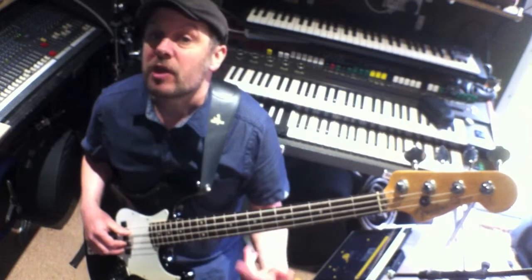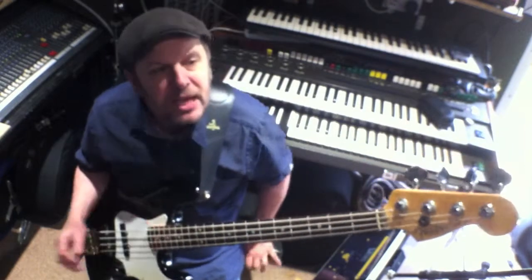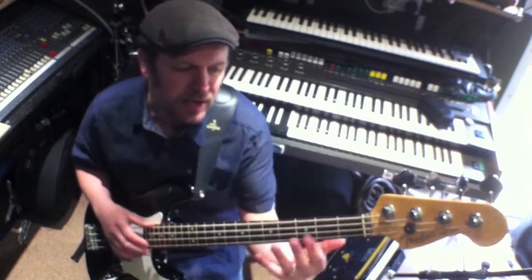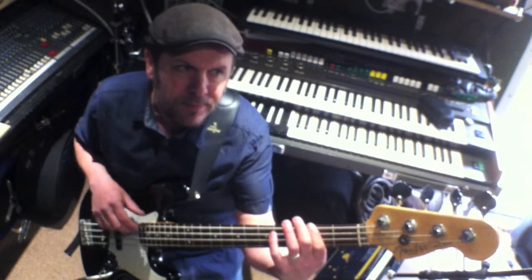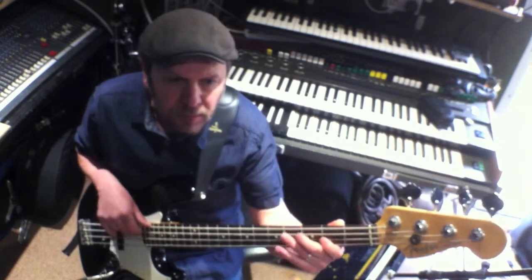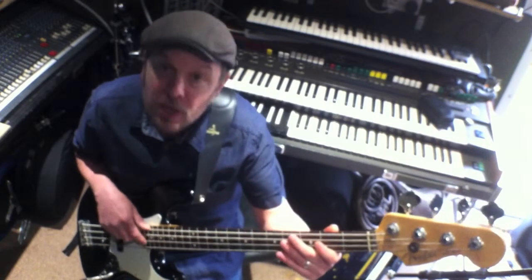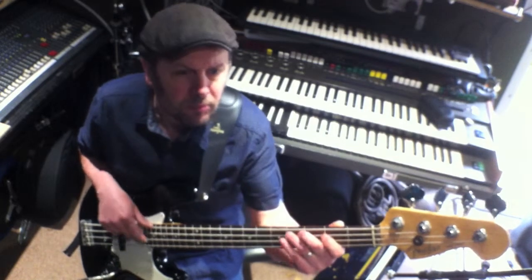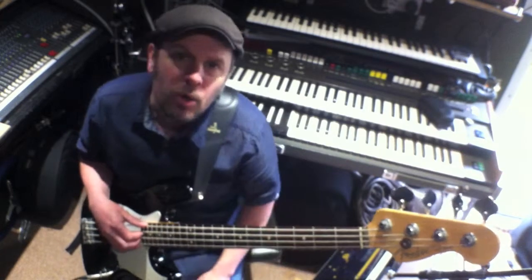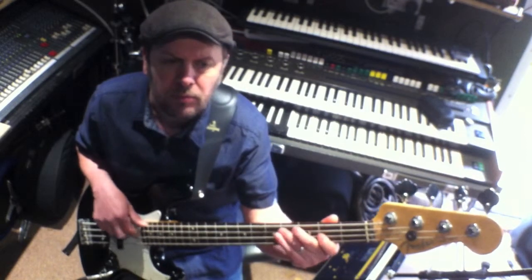So, we've got things like Billie Jean. Classic, all eighth notes. Now, on the record, it has like an octave sort of divider on that bass line, which makes it sound like it's a low F sharp to begin with. But it's not. It's that. And it works really nicely if the notes are short, rather than